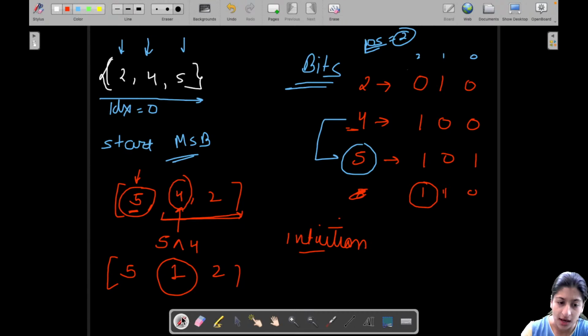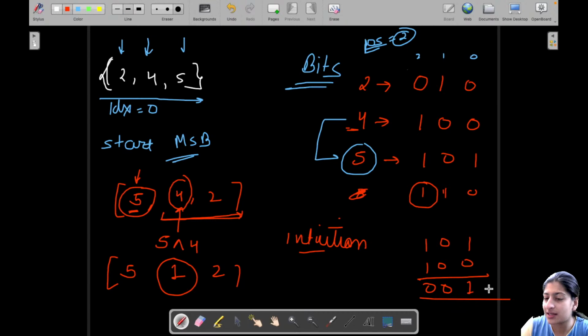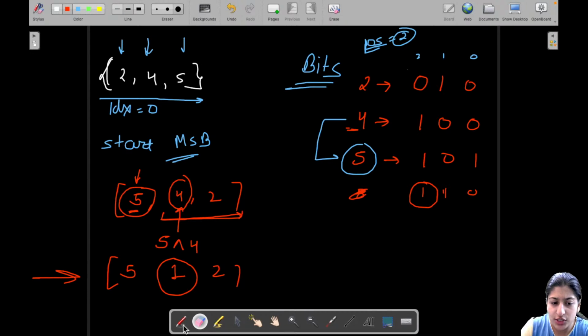Okay, first let me write what is 5? 5 is 101. What is 4? 4 is 100. Now what is the XOR of these two numbers? Wherever we have different bits, we get 1. Wherever we have similar bits, we get 0. So this is the number we are going to get. This is the binary representation for what? 1. That is why our array will look like this right now. So what was the intuition behind doing all of this? The intuition was,